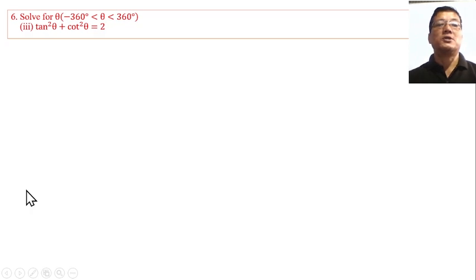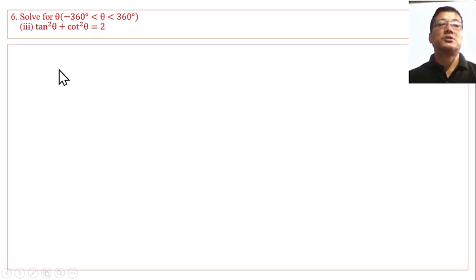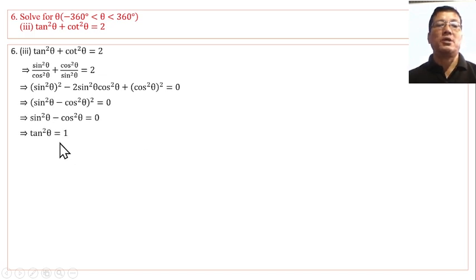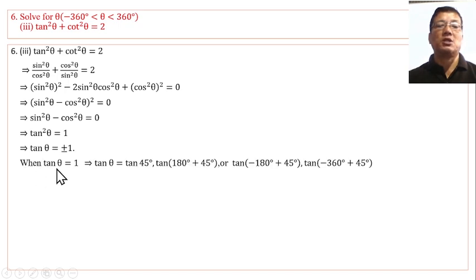Then square theta plus 4 square theta equal to 2, trigonometry ratio, sin by cos, cos relation, simplify to squaring, over the equation base to 0, then we can square theta equal to 1, theta equal to tan theta equal plus minus 1. Now plus 1 is in the first quadrant, 45 degree, second quadrant